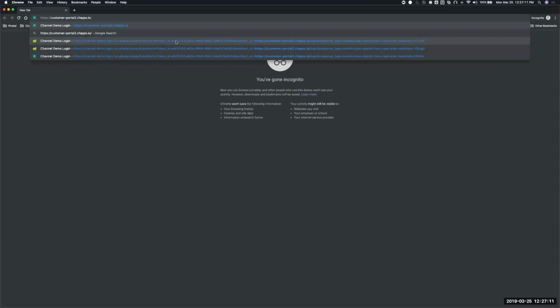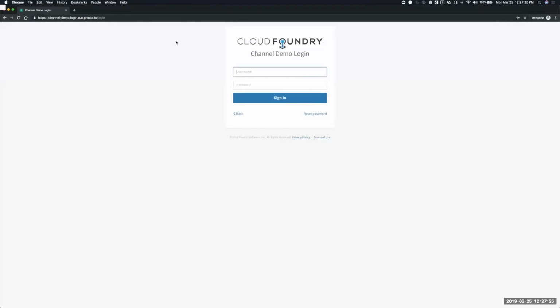If I log into my application, customer-portal.cfapps.io, that's me as a user trying to access an application called customer portal. The moment I do that, I have configured single sign-on so that I'm taken to a login page where it will ask for my user credentials. So if I enter my user credentials,